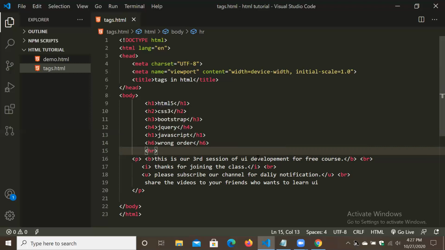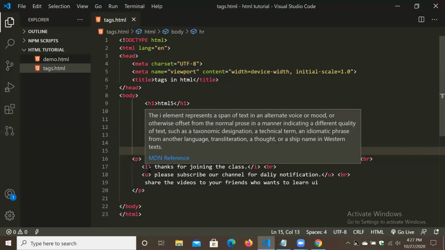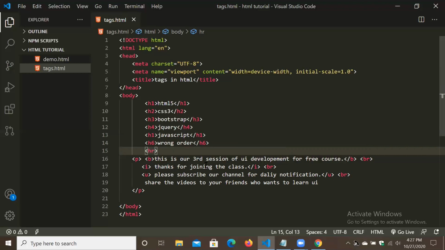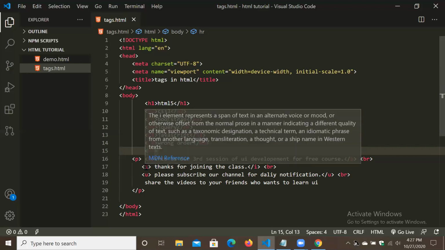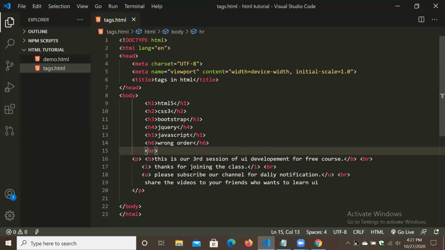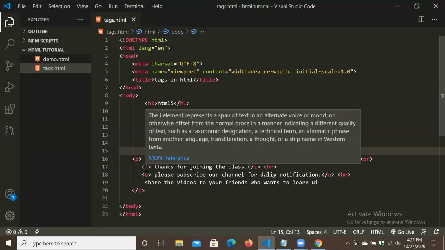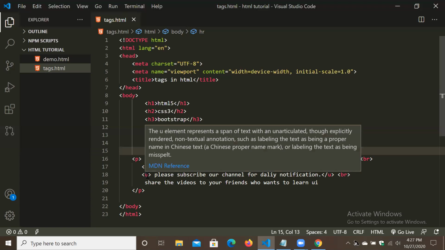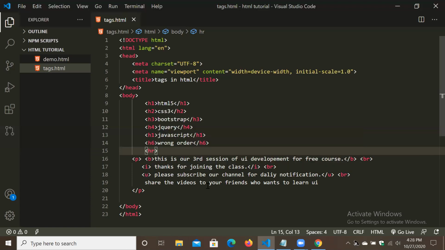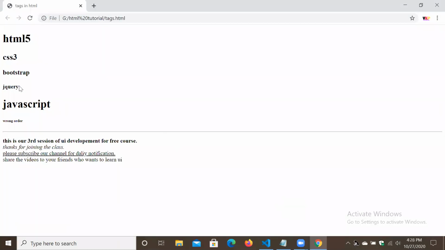If we have to represent our text in bold, we have to use B tag. Next is I for italic. If we want to show our text in italic or cursive, we have to use I. And next thing, U tag. U tag is used for underlining our text. So look how our output is looking.